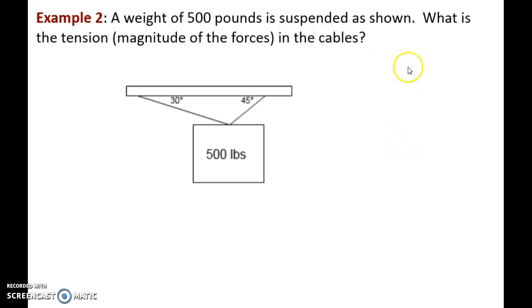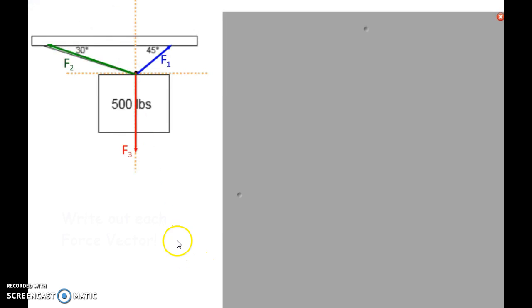So here is example 2. It says that a weight of 500 pounds is suspended as shown. What is the tension, or the magnitude of the forces in the cables? So I want the magnitude of each of the cables. Question: what should you do first? Again, I hope you answered